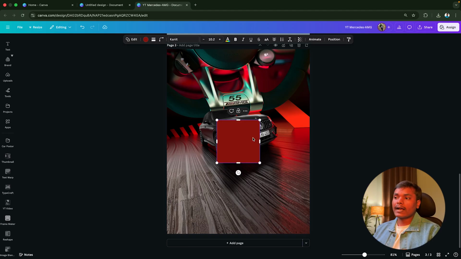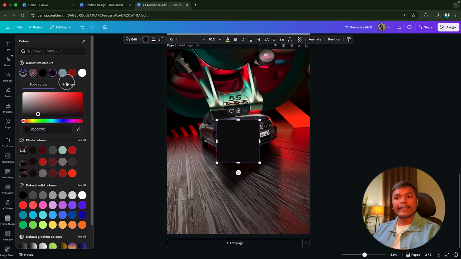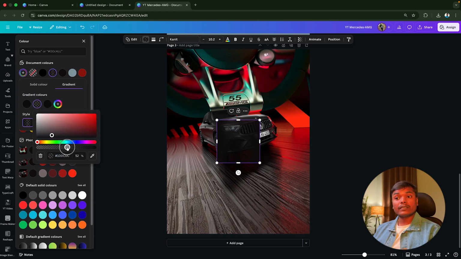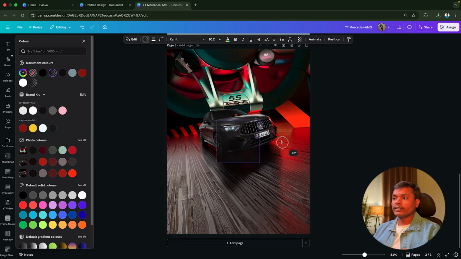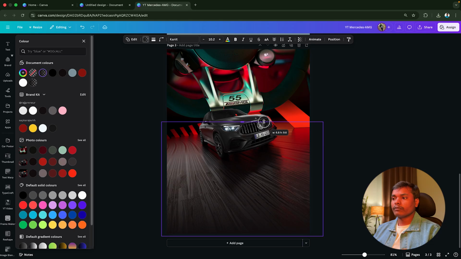I will just press R and go to this option, and I will choose the color, this one, the color which is in this handle also and in this car also, and click on add new color, gradient, and just slide it from here, add color, delete this one and add one more, decrease the transparency to around 50 and decrease its transparency to 0 so that it gets submerged into the background, and then just rotate it from here, and just like this I will place it above it.